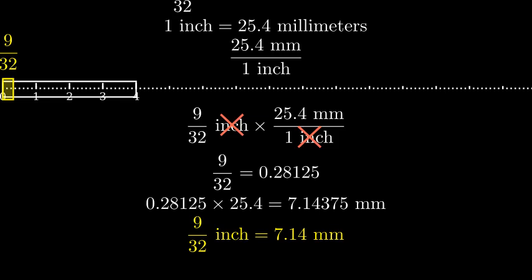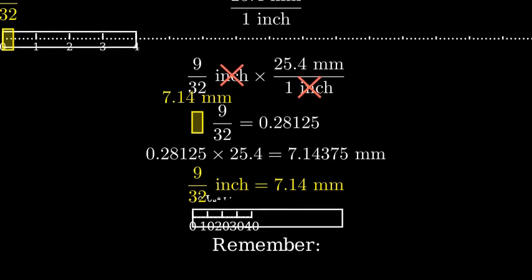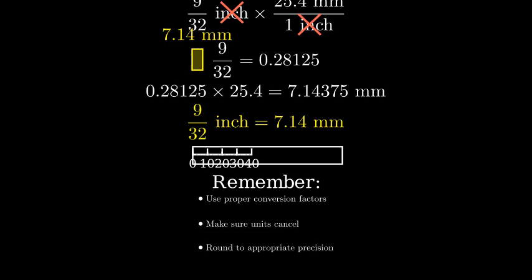To visualize this conversion, here's the same distance shown on a millimeter ruler. You can see that 9/32 of an inch is just slightly more than 7 millimeters. And that's how we convert 9/32 of an inch to millimeters using dimensional analysis. This method works for any unit conversion,